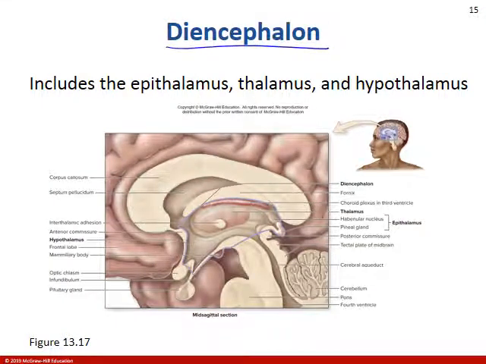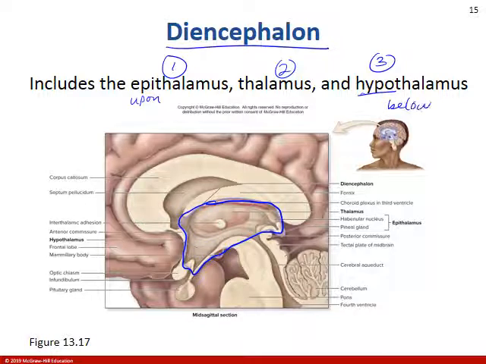Now we move on to the diencephalon. The diencephalon is outlined in purple here. So the diencephalon includes the epithalamus, remember epi means upon, thalamus, and hypothalamus, which means below. So this area here is the hypothalamus, this area here is the epithalamus, and then the thalamus is just the